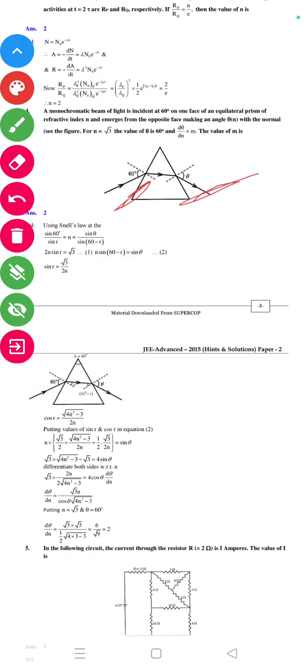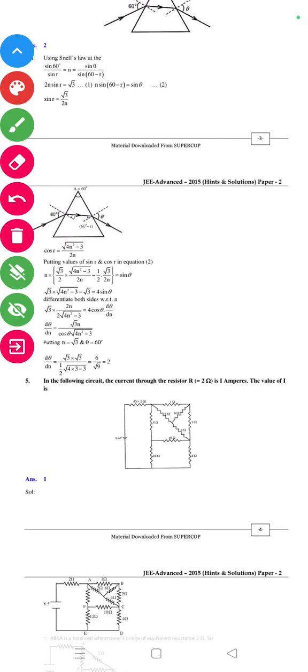यहाँ पर 50 डिग्री दिया हुआ, फिर थीटा दिया हुआ। यूजिंग द स्नेल्स लॉ, sin 50 डिग्री बाय sin r इक्वल टू n, and n equal to sin theta by sin (50 minus r)। 2n sin r is equal to root 3। तो n sin (50 minus r) is equal to sin theta, तो sin r is equal to root 3 by 2n। अब यहाँ पर दिया 50 डिग्री, A equal to 60 डिग्री, r फिर थीटा 50 minus r, cos r equal to root over (4n square minus 3) by 2n।